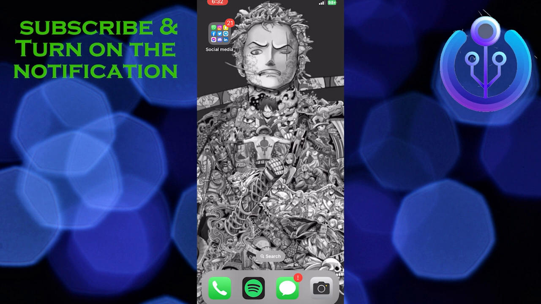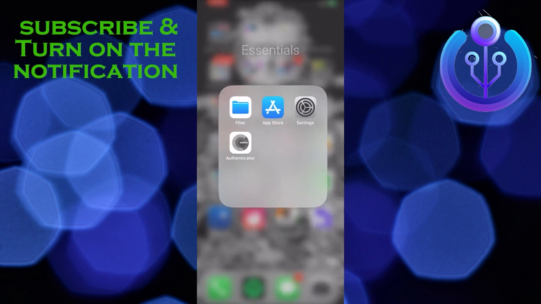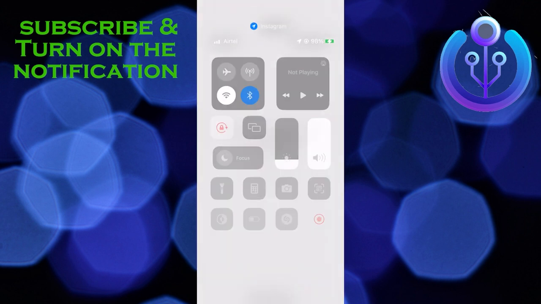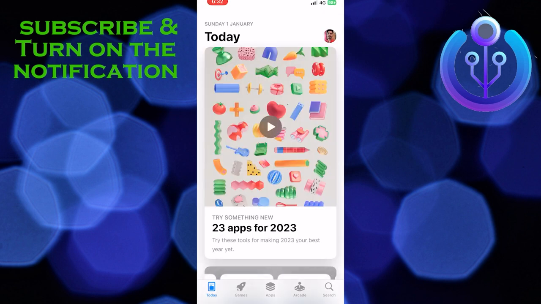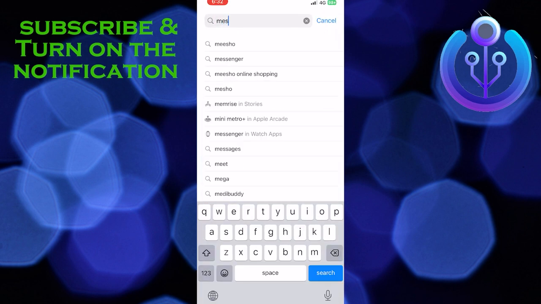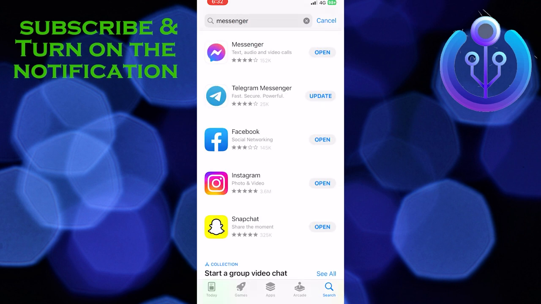So for that, what we have to do is go to our App Store first, turn on my internet first, and search for Messenger, and make sure that your Messenger app is up to date. If it is updated, it will be showing Open. Right now my Messenger app is updated, so it is showing Open. This is the first step, and most of the time by updating your Messenger app, 90% of the problem